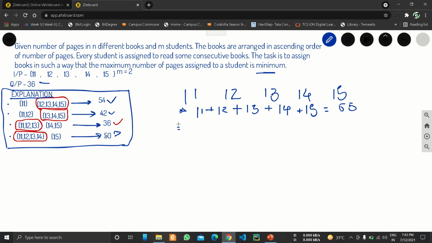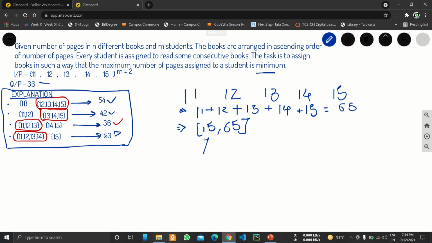So our output will lie between 15 and 65, depending on the number of students. So we have to check in this range what our output will be by using binary search.